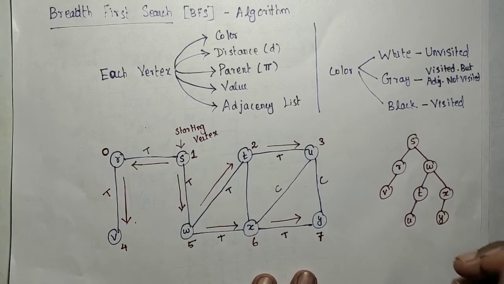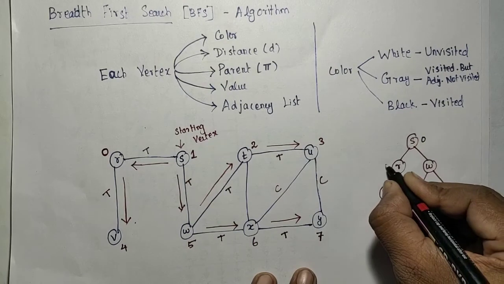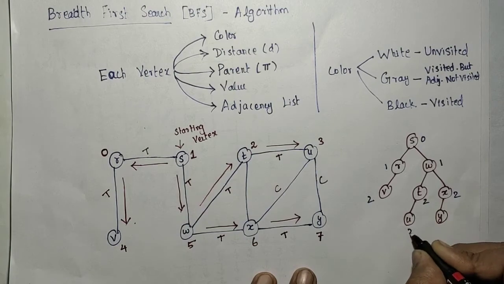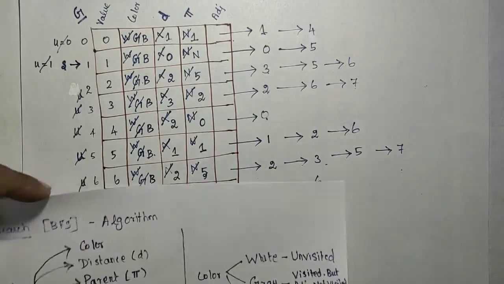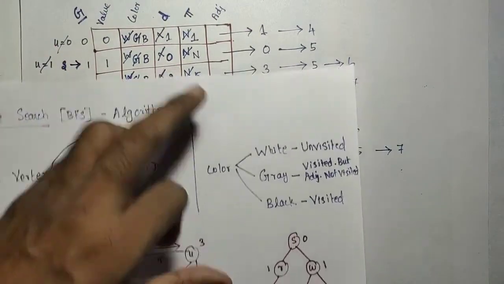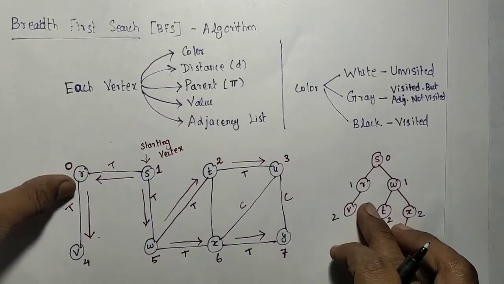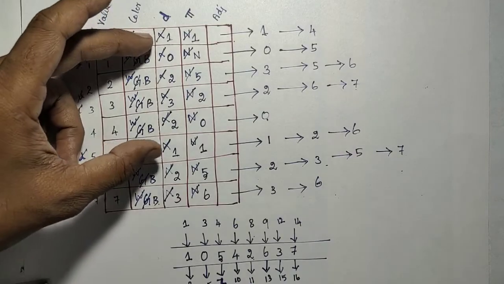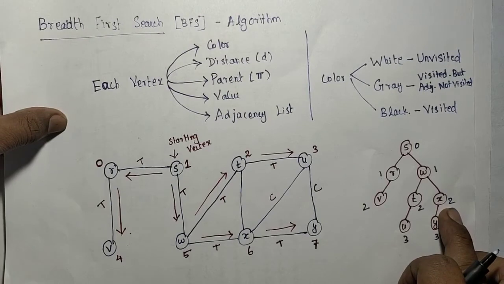Also the distance will be 0 for S, and for the nodes in level 1 it is 1, 1, in level 2 it is 2, 2, 2, and in level 3 it is 3 and 3. These are the distances. So if you look at this, you can understand that. So S equals 0, and R and W are 1. R and W here are 0 and 5, the distance will be 1. And then V, T, X distance will be 2.